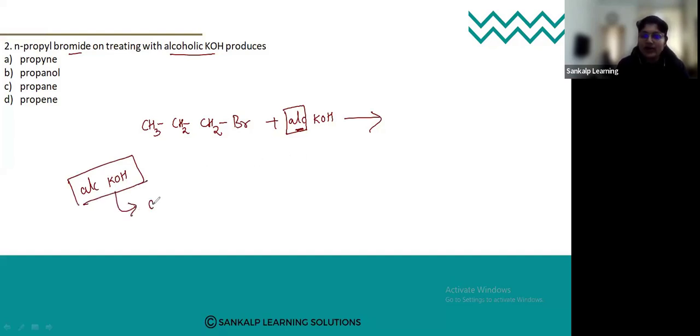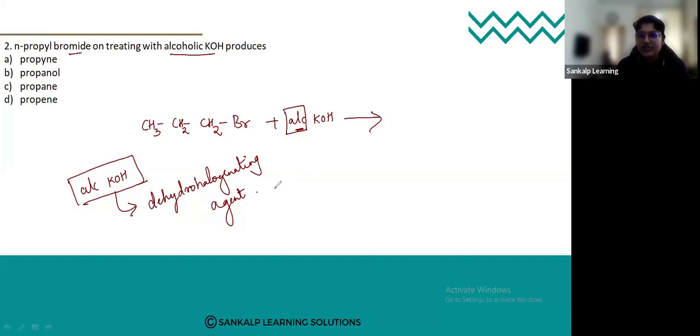It is called a dehydrohalogenating agent. Okay, remember this, a very important 1 mark question. What is alcoholic KOH? Alcoholic KOH is a dehydrohalogenating agent. Fine. Now here,